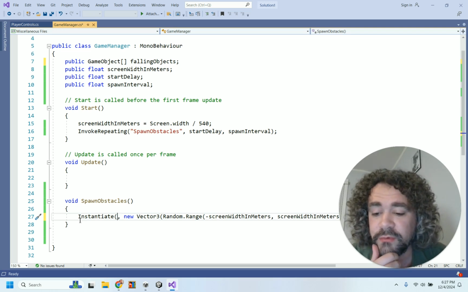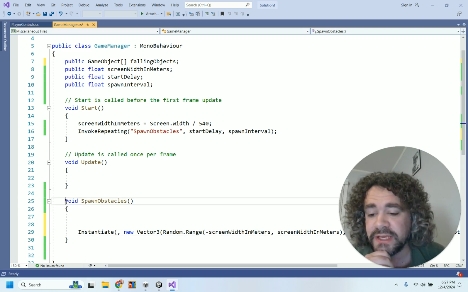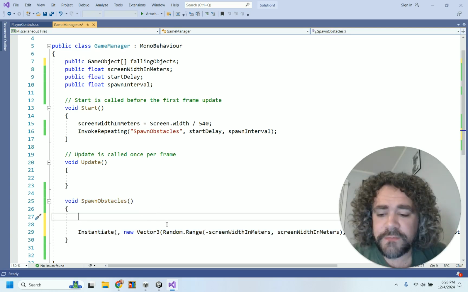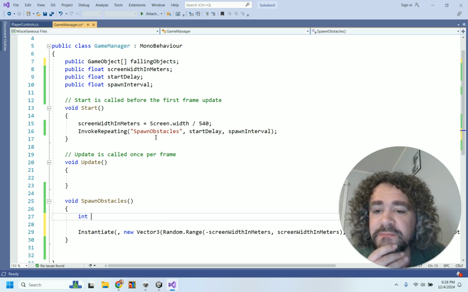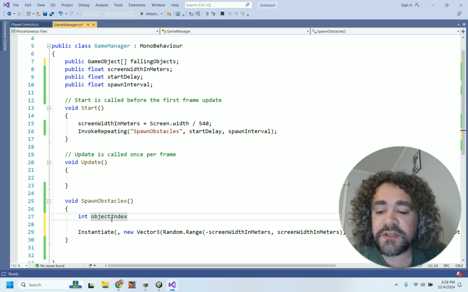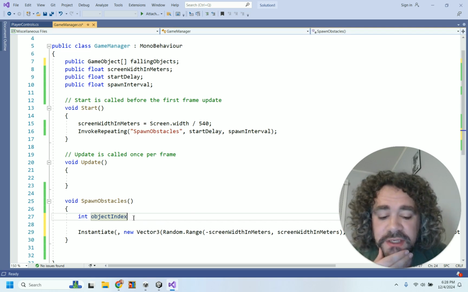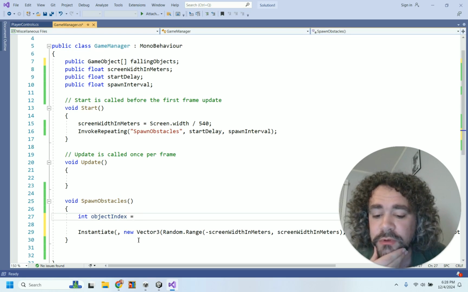So we're going to need to create a new variable, but this is a variable that's just part of this function. I'm going to create some lines before instantiate here, but still after the bracket because it's still part of this function. First off, this will be an integer because it will be a number. If my array is called falling objects, I'm just going to call this object index, lowercase. This is going to randomly pick one of the objects from my array. So I'm creating a variable called object index, and that variable is going to equal